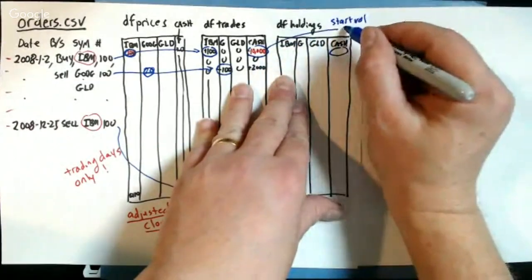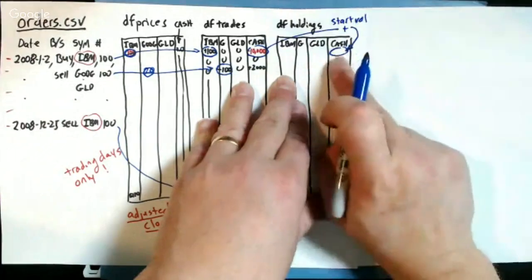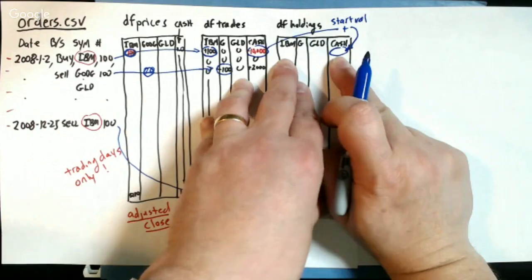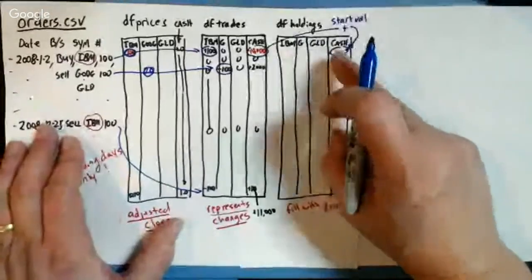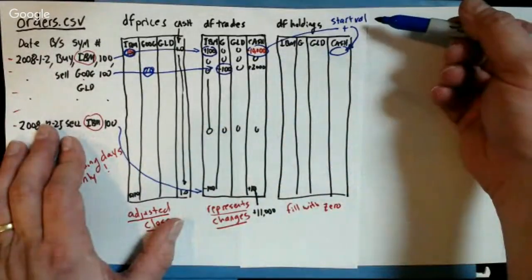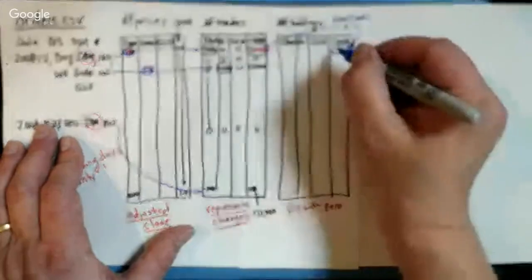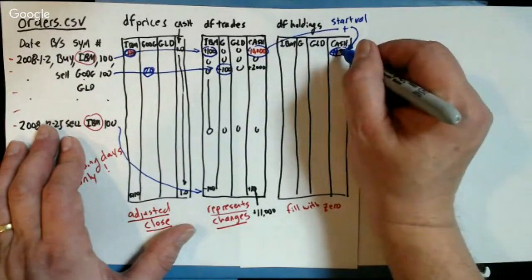So this plus that goes into here. So this represents then on the first day how much cash we had after we bought that IBM stock. Let's suppose, for argument's sake, that our starting value was $1 million. Well, in this case, we'd then have $990,000